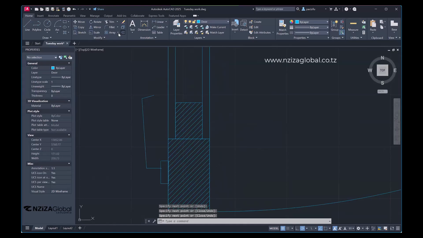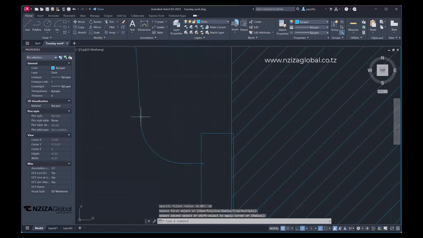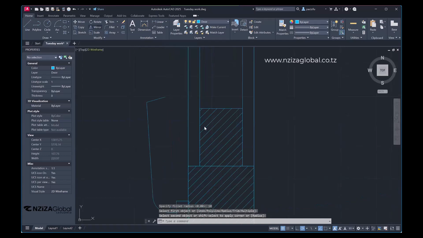I make a fillet. I determine a radius of 10. This one with this. And I again make a fillet. Determine a radius of 6. Then enter. And I take this,